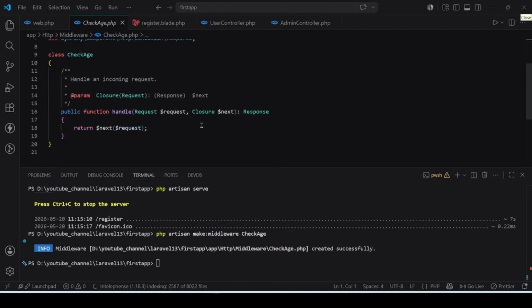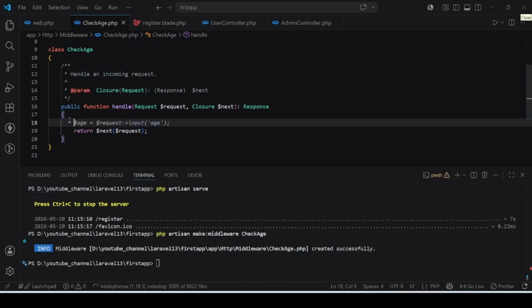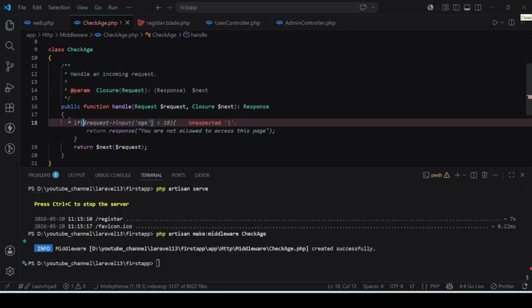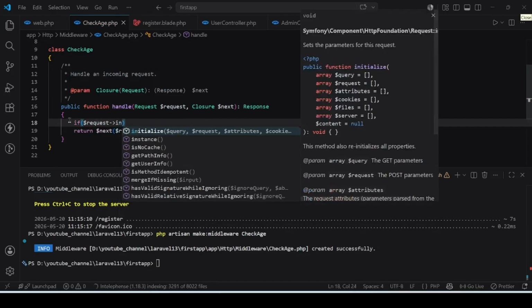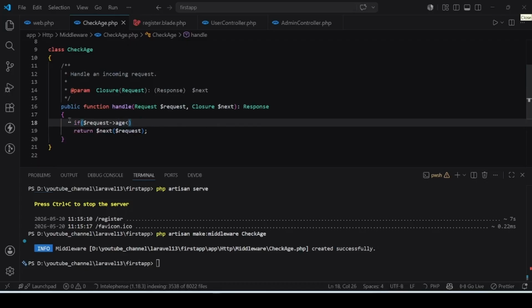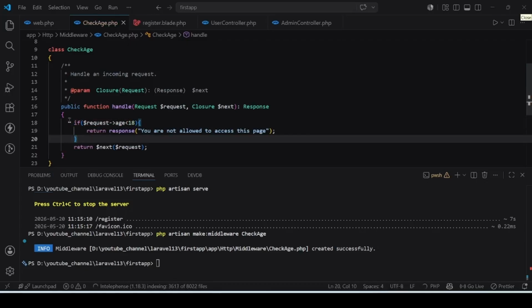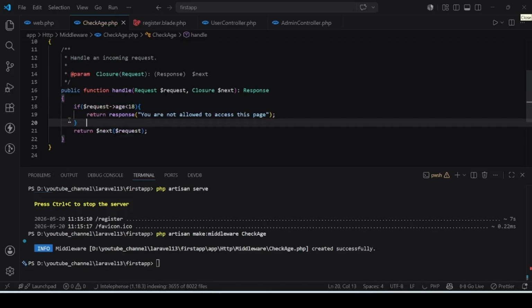Okay, so now inside this middleware, I'm going to write the condition that if the user is less than 18, they can't access this website or this application. Okay, so let's write one condition like if this request age is less than 18, then it will show the error message like you are not allowed to access this